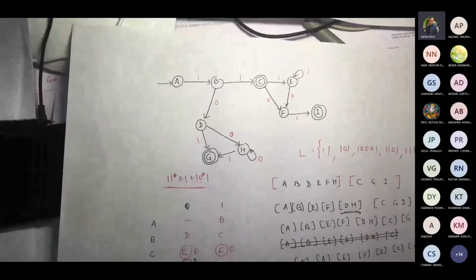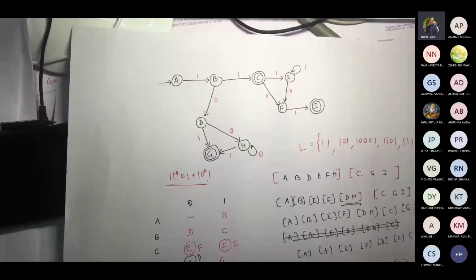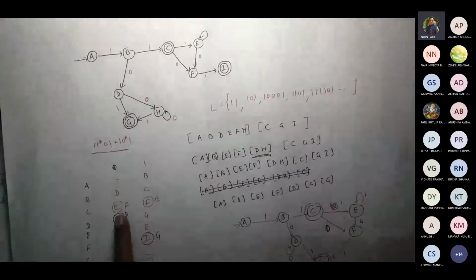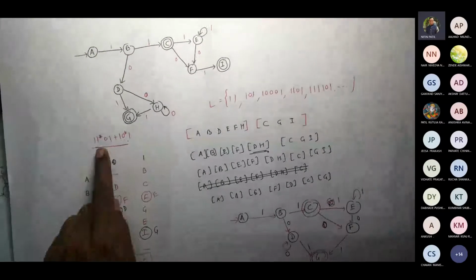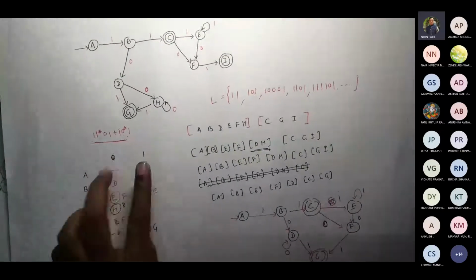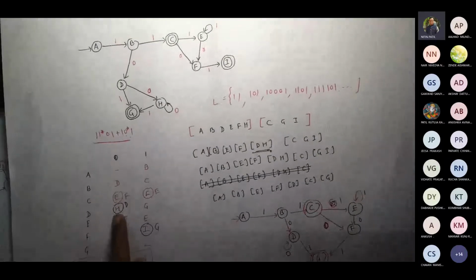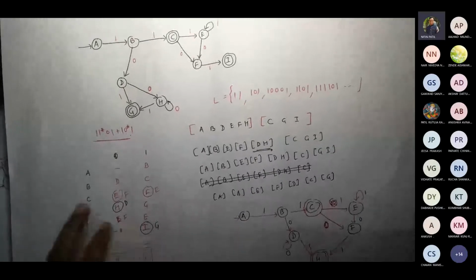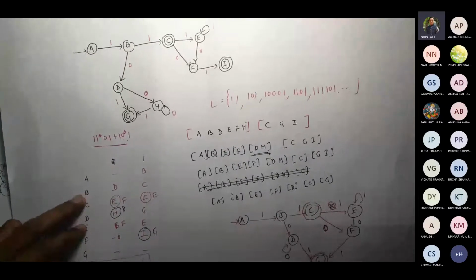So this is 1 and this is 0. Correct. As per the example, I wrote it wrongly. This is F and E because you took 1 first and then 0. So I should have written this 1 on this side, then I could have done better. That's why I made the mistake here too, earlier one. So F and E, and that's why C and E would also show you the same thing.